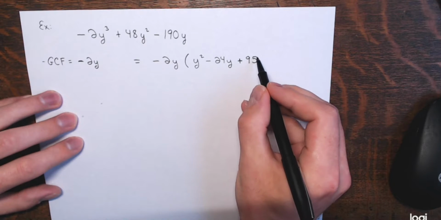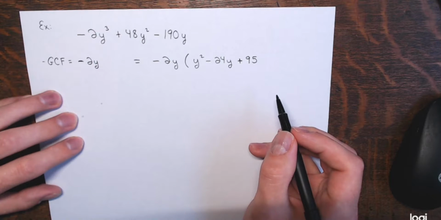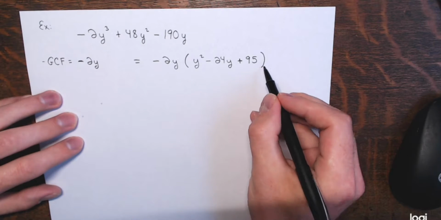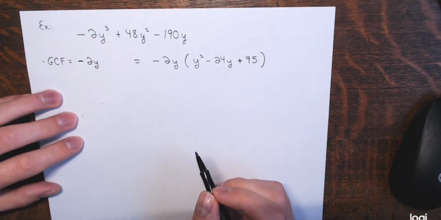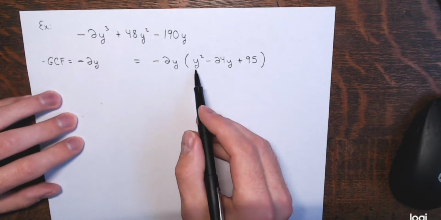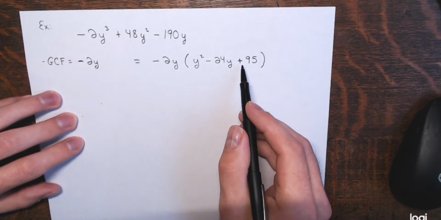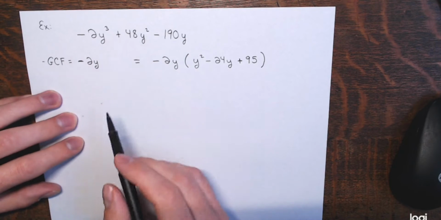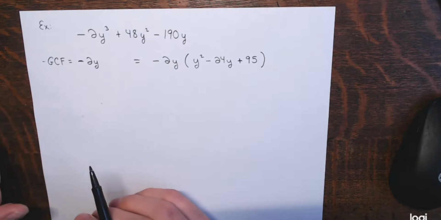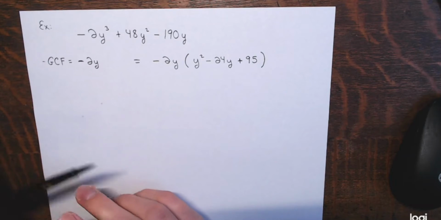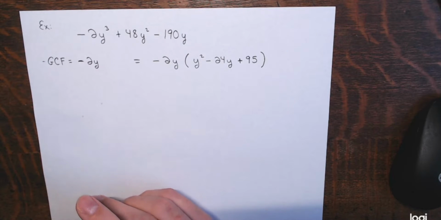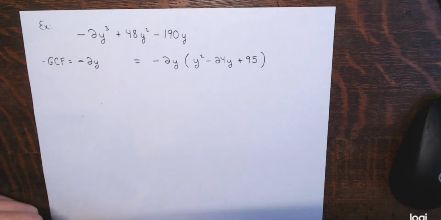All right, 2 times 95 is 190. And again, you can always check your factoring by multiplying. If I were to redistribute, multiply by the negative 2y, you'd get the original expression back, right? You check by multiplying. Alright, so I factored out the greatest common factor, but we are asked to factor completely,